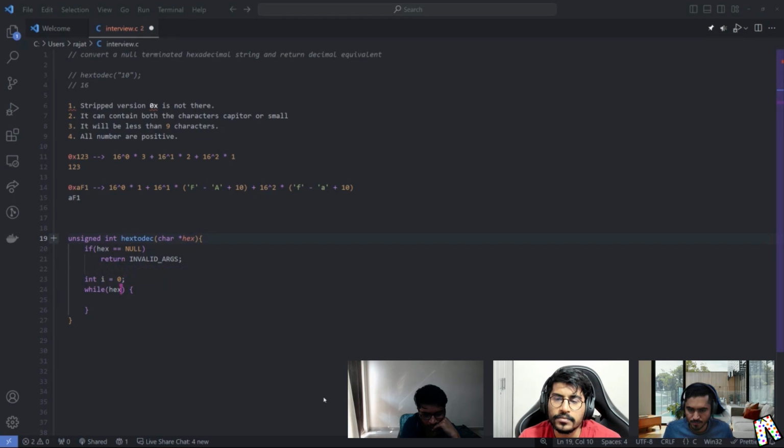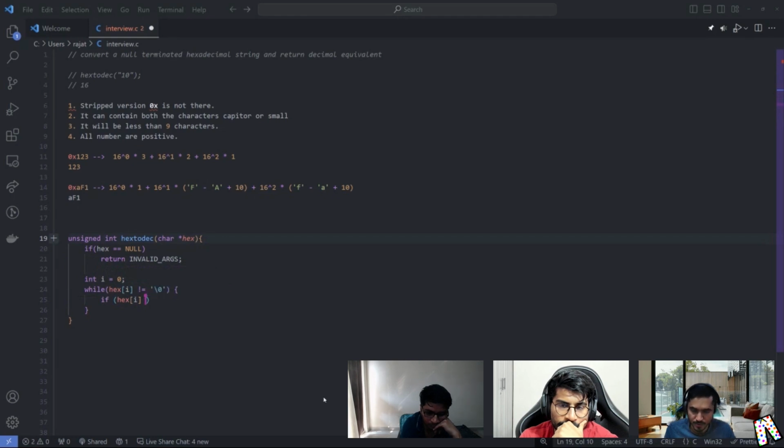Okay, so I'm typically iterating over all the characters in the hex, and figuring out if I haven't reached the null. If I haven't reached the null, I keep incrementing. So that's what I'm going to do. One thing I am thinking is that I don't even need to calculate the size, since I know where it terminates. So all I need to do is start with i equal to 0, and then see if hex[i] is